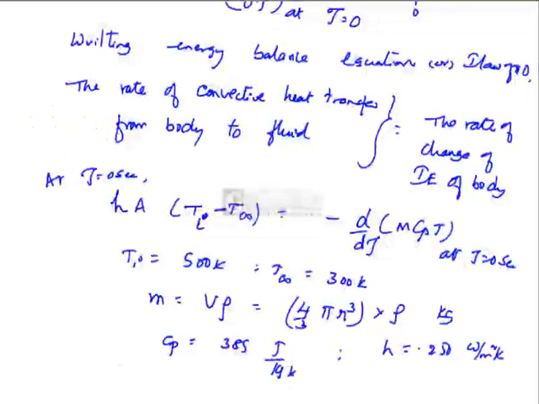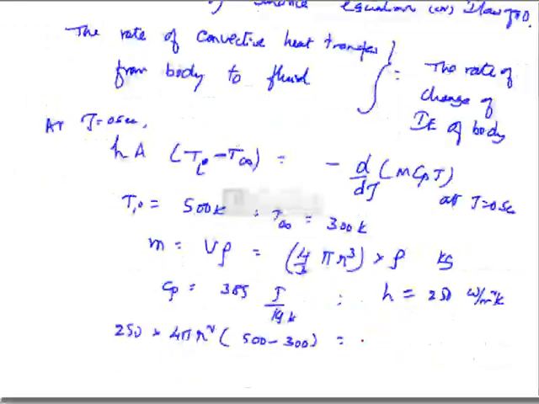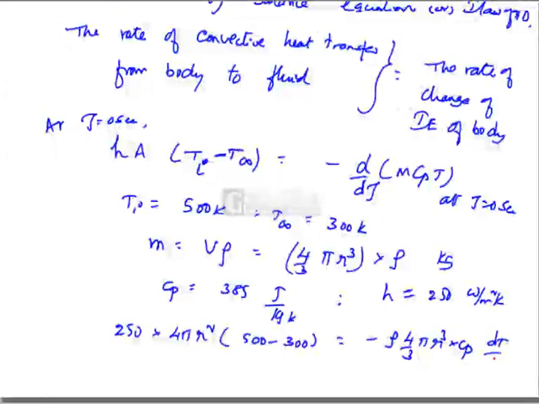It is an oil bath. Slightly higher values of H are found because it is liquid. Convection with liquid, higher values of H are expected. Therefore, substituting 250 into 4 pi r square into 500 minus 300 is equal to minus density into 4/3 pi r cube into specific heat into dT by d tau at tau is equal to 0 seconds, from which